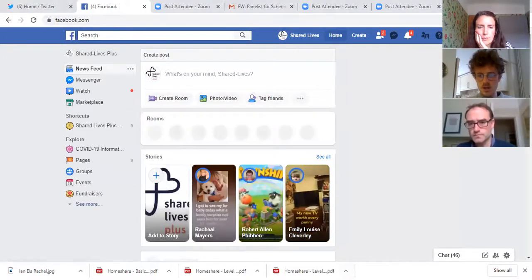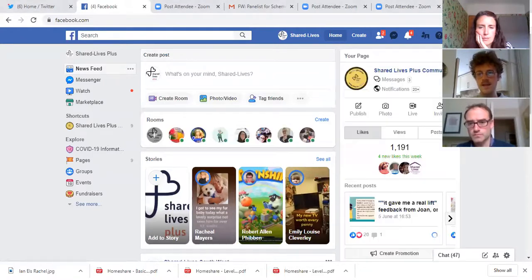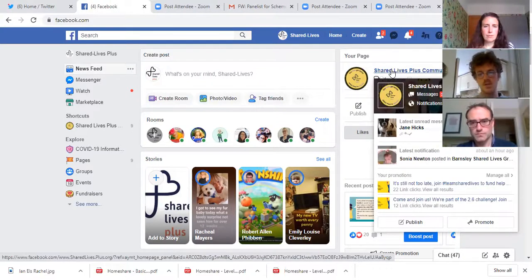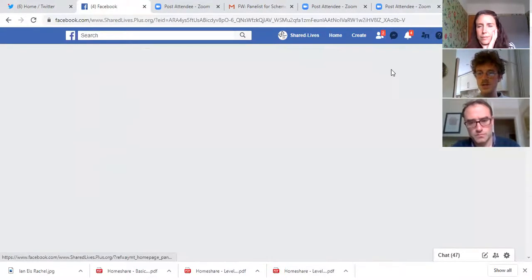So to schedule a post on Facebook, you initially need to go onto your home feed, just open up Facebook. And then we want to click on, in the top right, as we always do pretty much, with a couple of exceptions, which we will cover at a later date. But we always, remember, want to be posting as our page rather than as our personal profile. So in the top right, we click on your page,